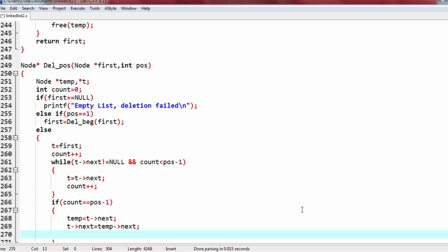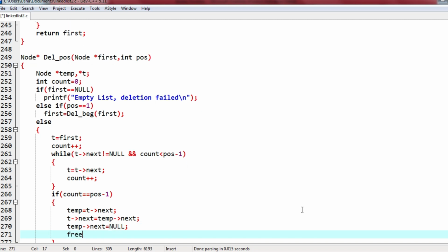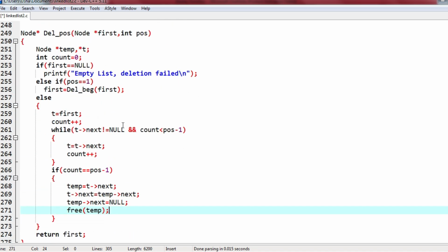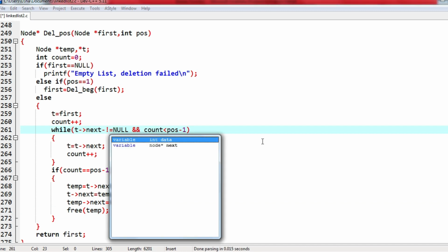Then temp next equals null. Free temp. Okay, fine. So this will work.